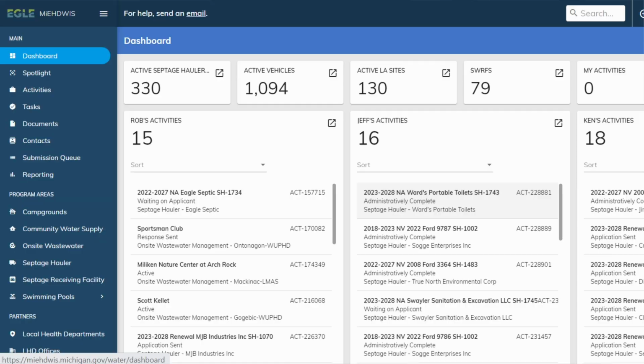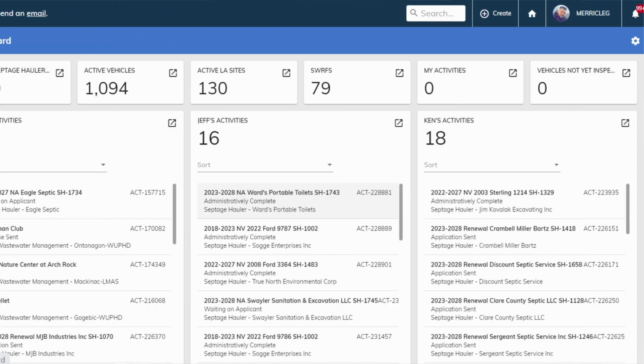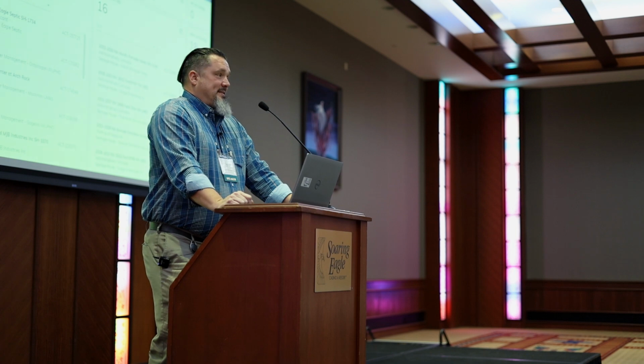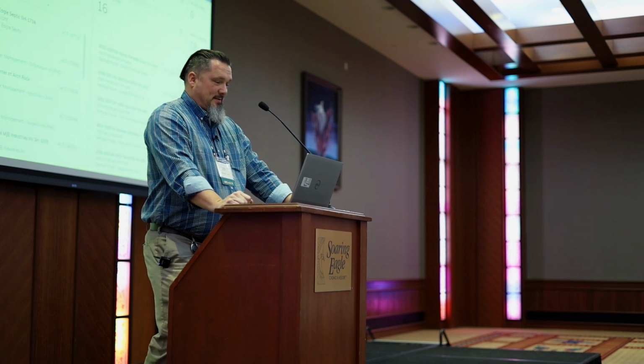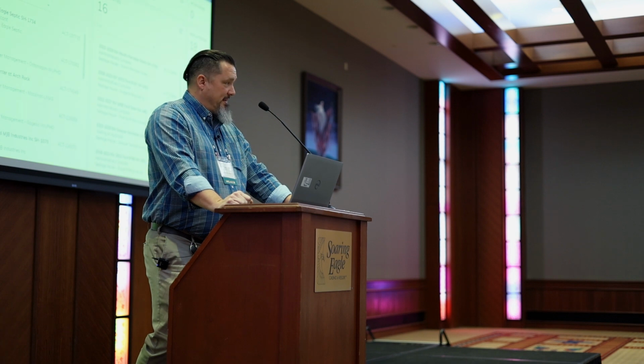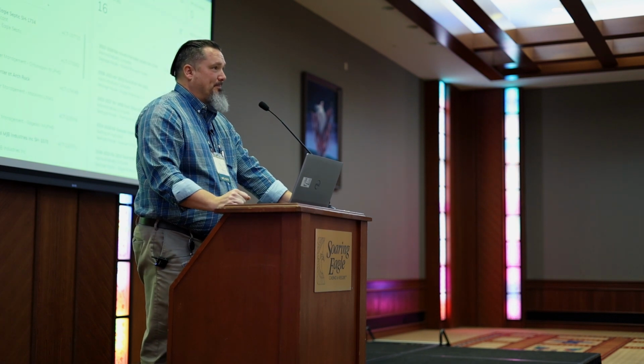So this is the more modern version. I took this screenshot yesterday. So this is EGLE as of yesterday. And you can see I have more cards on my dashboard. And I don't know if you paid attention, but the buttons on the left have changed. Things have gotten a little more complicated for us. Again, this is all internal stuff. You guys won't see quite anything like this yet. It has gotten more complicated and a little less intuitive, but I guess I have to back up a tad here.